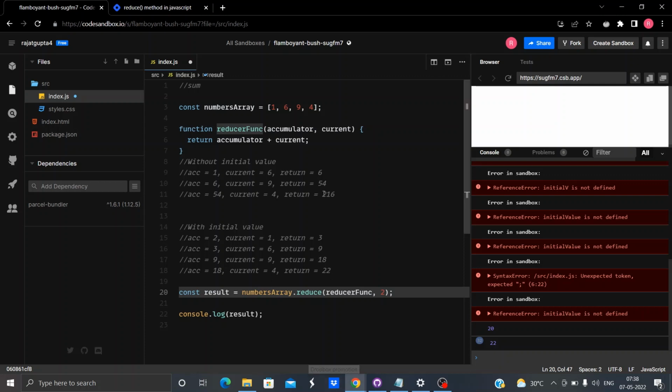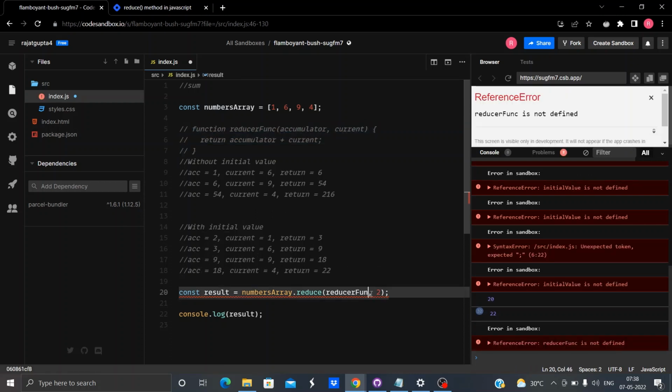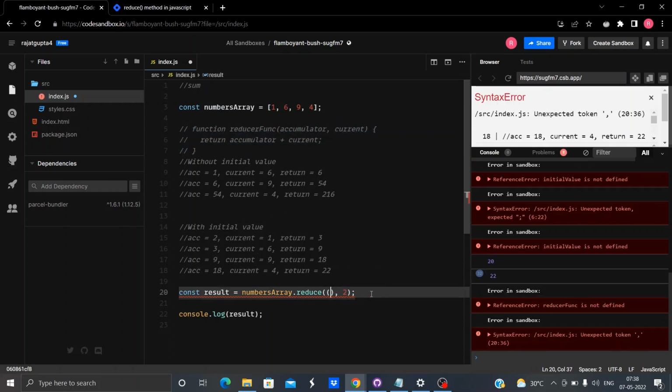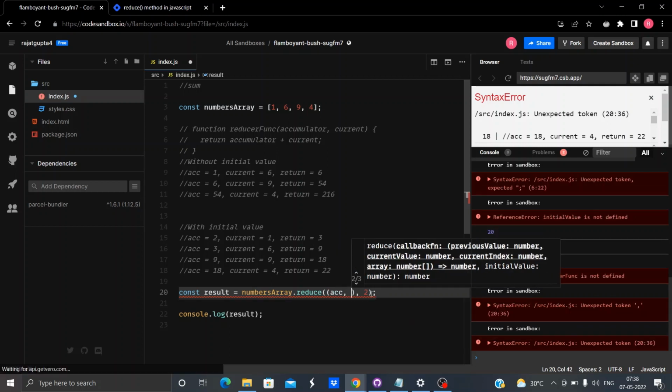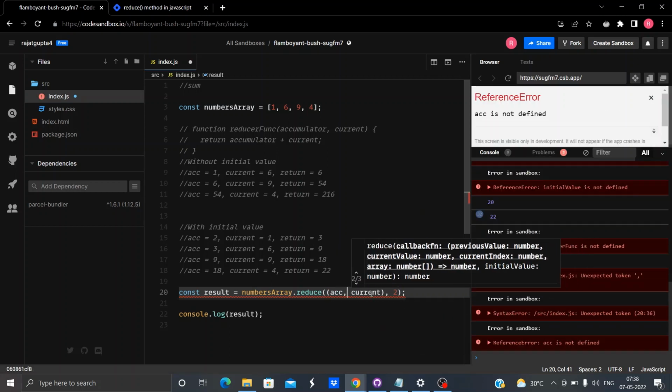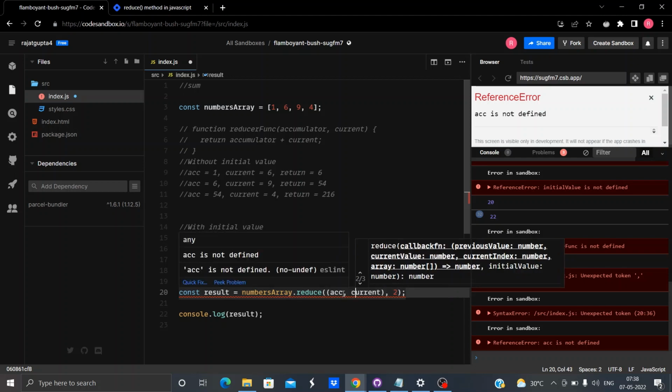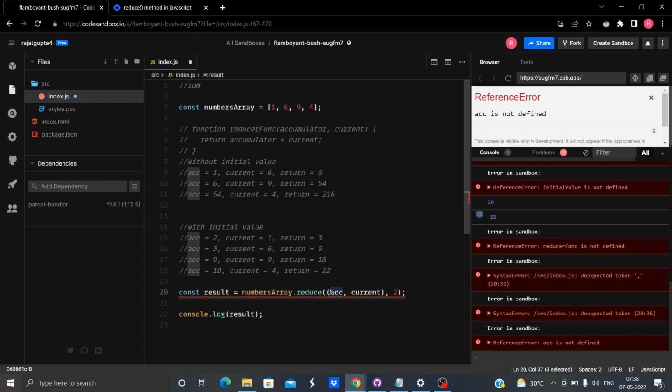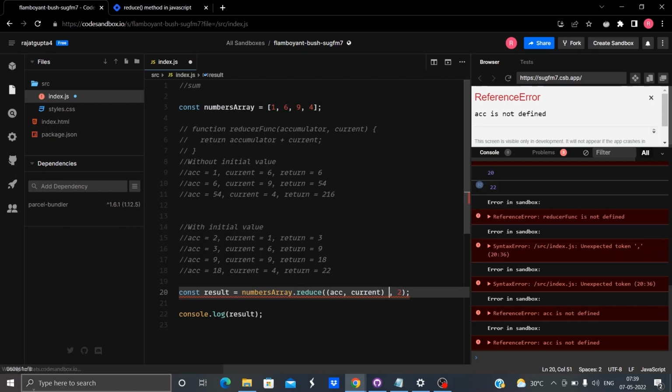So I will show you how to do this using arrow functions. It's very easy. Again, what we are taking as input, accumulator and current. You can name it anything. Instead of accumulator, you can name it ABC. Current, you can name XYZ. But the point is, accumulator will behave as accumulator and current value will behave as current. Doesn't matter what name you give here, they behave in the same way that I showed you in this and here. Name could be anything, that doesn't matter.